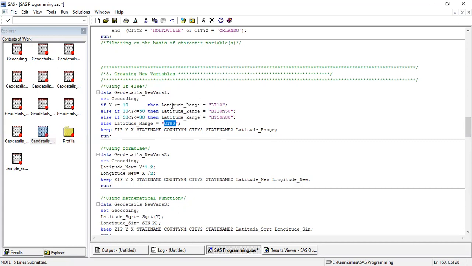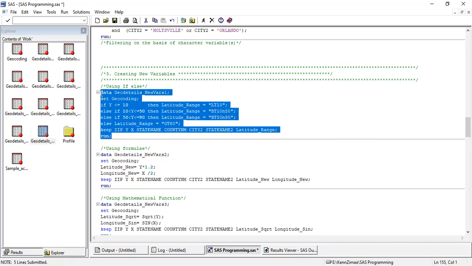So it will create a new variable called latitude range with different character values depending on the if else conditions I have given here. I'm also keeping only those variables which are required in my final data.